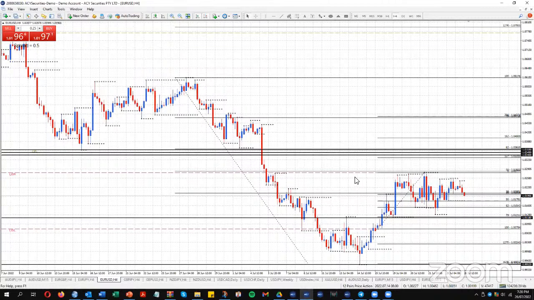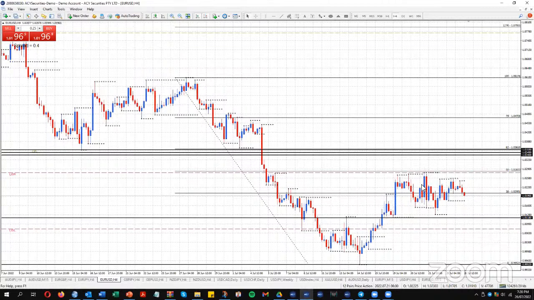Okay, so I'm not really interested in all this choppiness that we've got here at the moment. Now, price might not get to that level and I'll have to reassess things after the interest rate statement. But at the moment, I don't want to be trying to engage in a trade in this area where it's all choppy, and then the interest rate statement comes out and spikes up, because then that's going to go against me. So I'm going to be waiting on the sidelines.